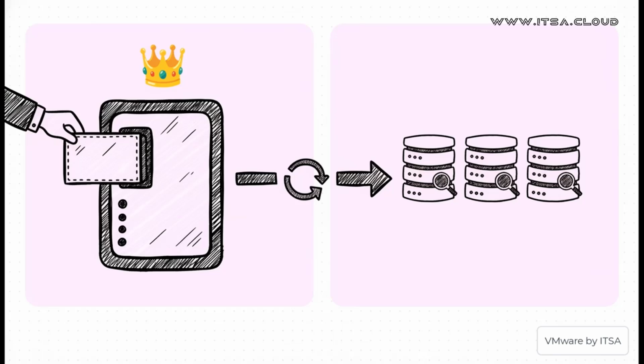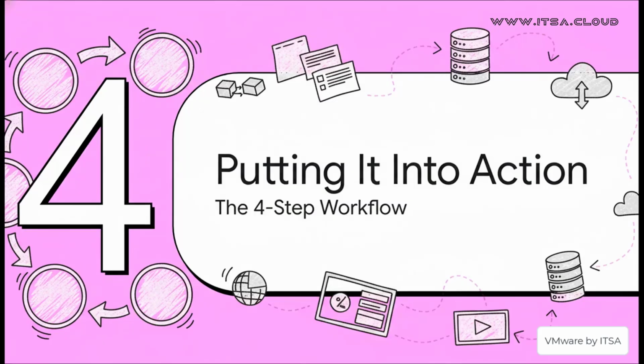Then you have the subscribed library. This is just a read-only copy that points back to that local library. It automatically syncs up, which means your remote sites always have the latest versions. And what's cool is that you can even choose to download content on demand, which is awesome for saving storage at those remote sites.